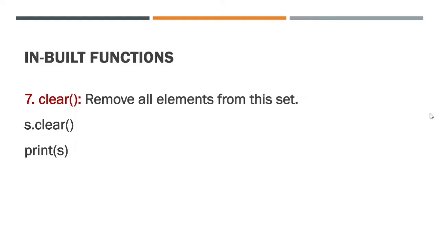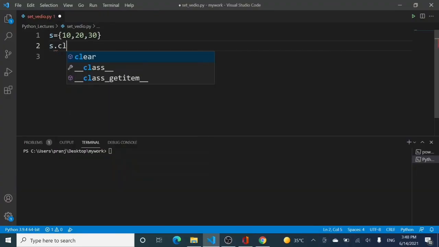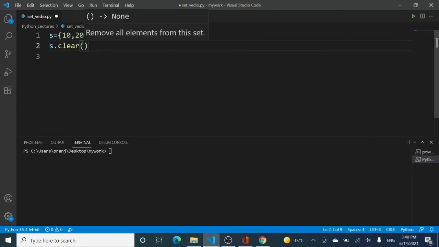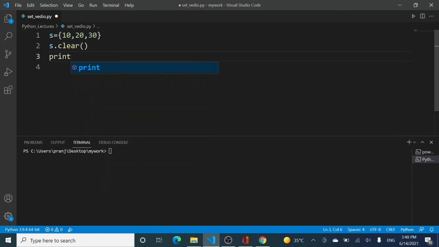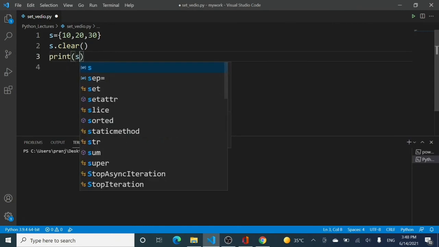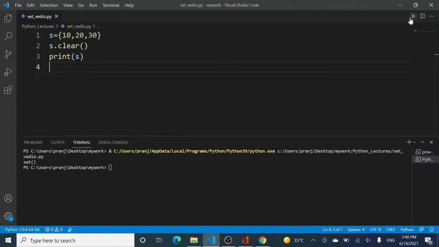The next method is the clear method, and it removes all the elements from the set and returns an empty set. It is similar to the clear method which is available in list. It is similar to the clear method that is available in tuples, right? So let us just run and verify the clear method. Here if I call the clear method on my set S, then it is going to remove each and every element from the set, and let us now print the value of S, and I should get an empty set over here. So that is how clear works. It removes all the elements from a set.